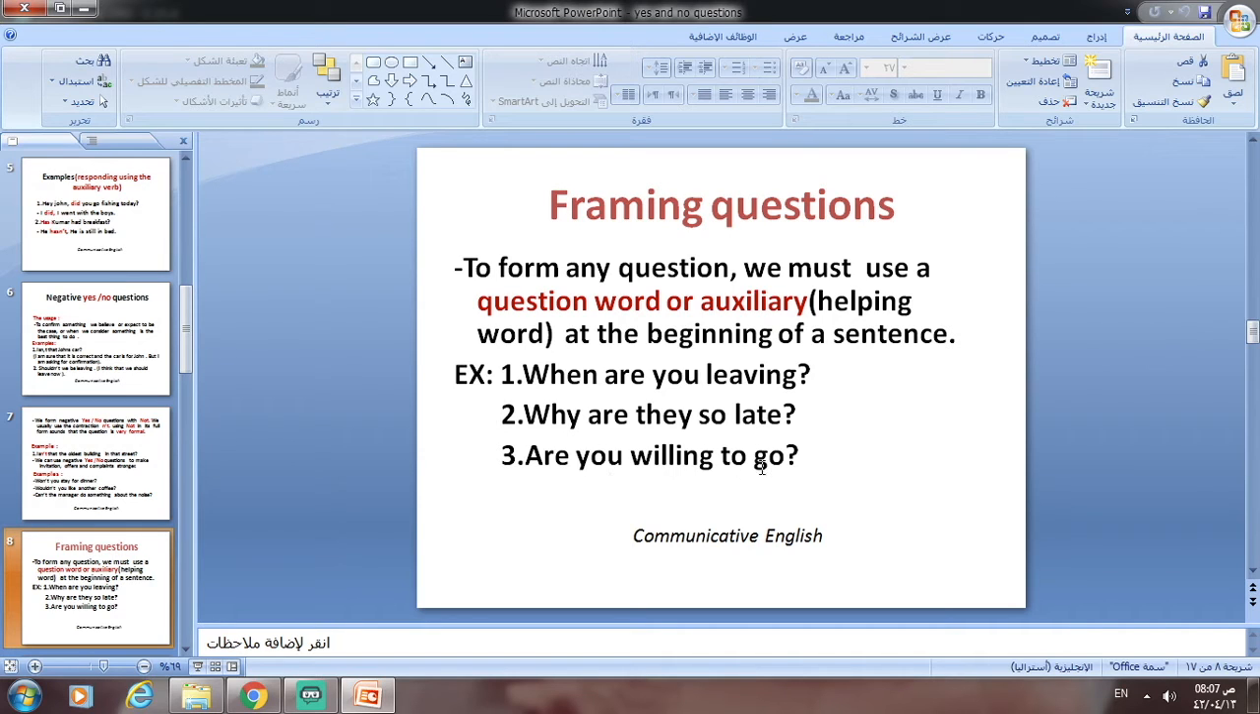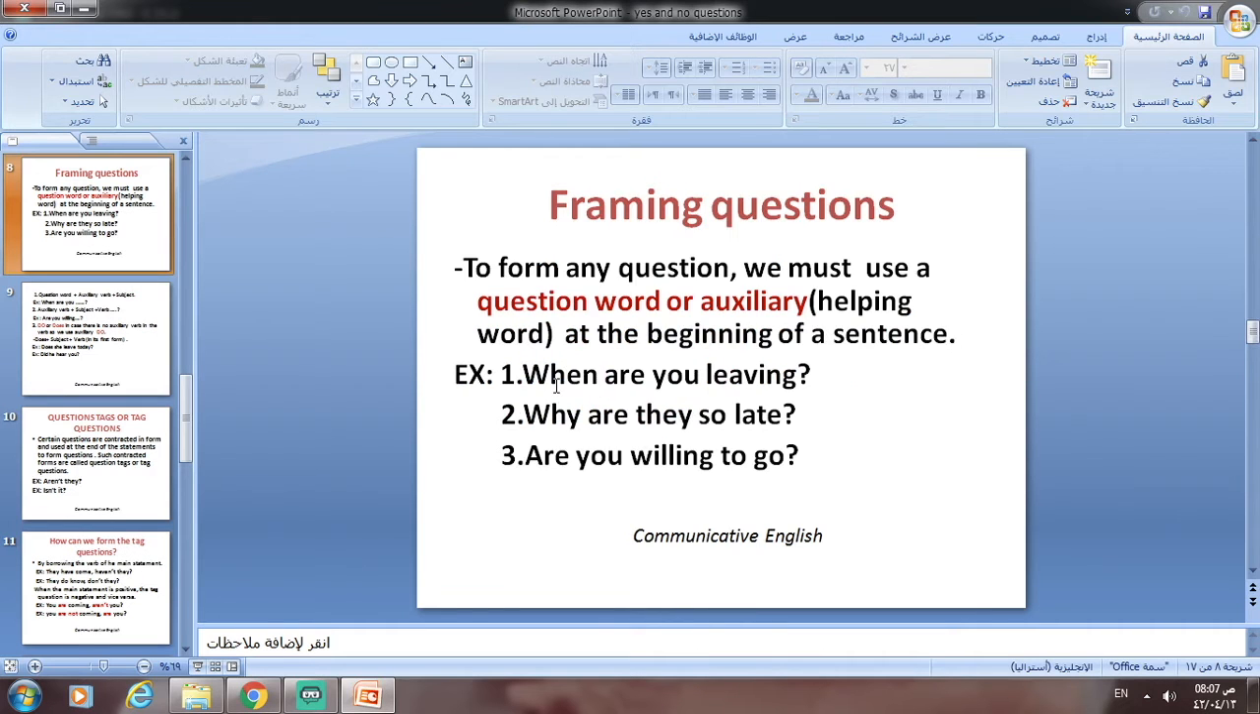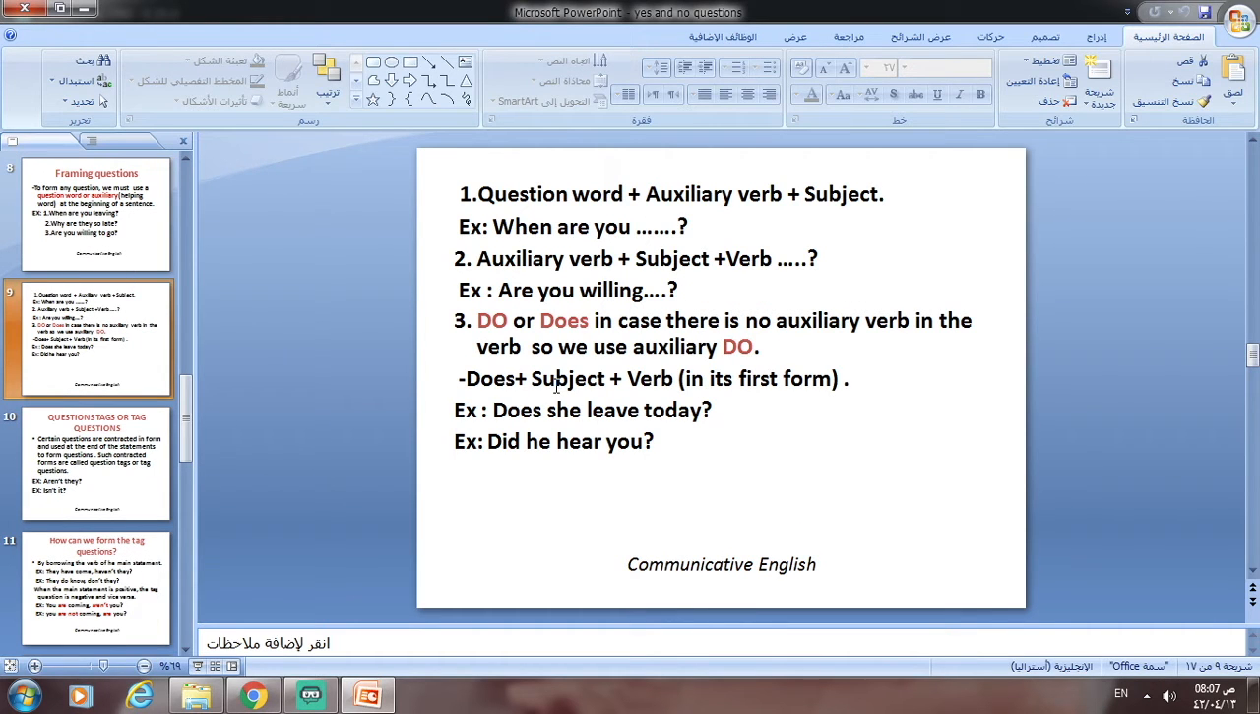Are you willing to go? Here we use the auxiliary verb. Here we use the question words. So students, here we have the form that will help you to form questions. First we use the question word when, then we use the auxiliary verb are, or any auxiliary verbs. We have many auxiliary verbs like are, is, do, does, have, has,